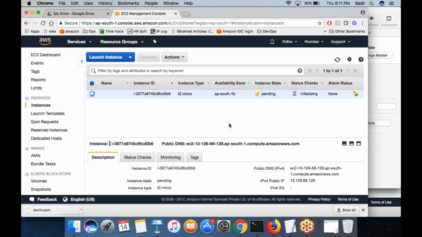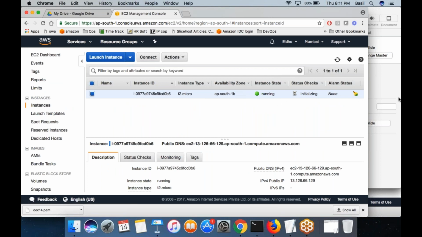And once you did that, from your laptop, you can log into this Linux machine that you have created. So you can come back to the same page, click on services, EC2, then click on instances on the left side. You can see the machine that you have just created.